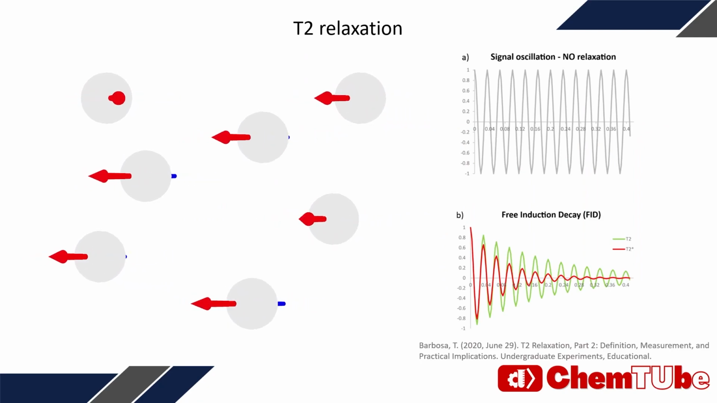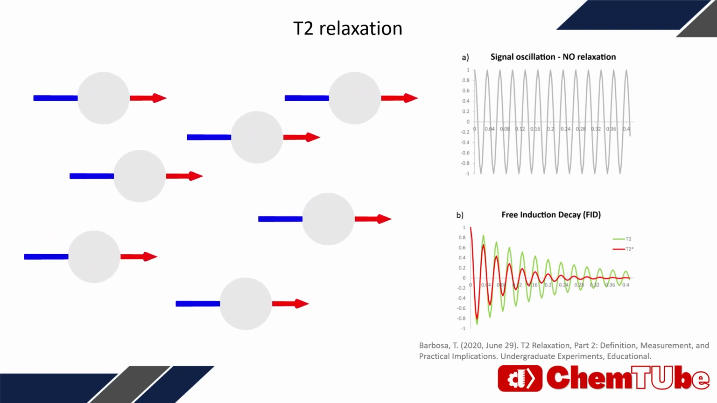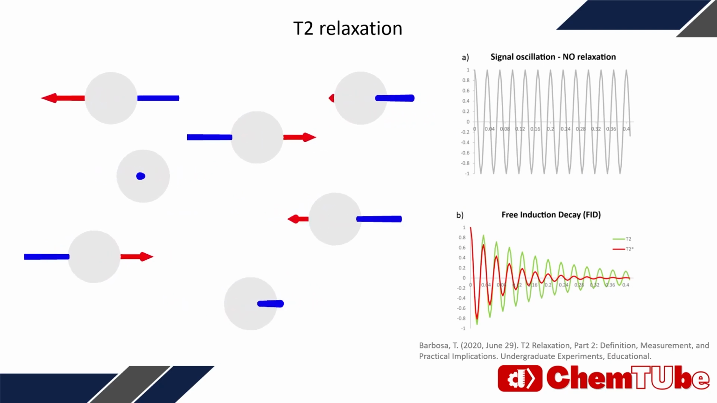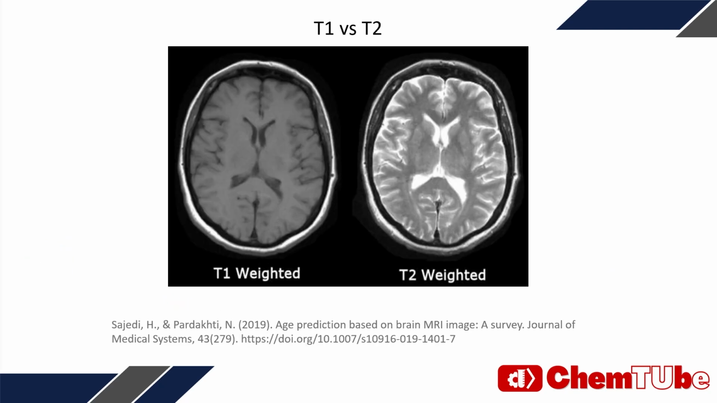In reality, the system is very complicated, and the atoms interact with each other's magnetic fields, causing them to go out of phase, as seen on the bottom right graph. These T1 and T2 signals depend on the material being used,